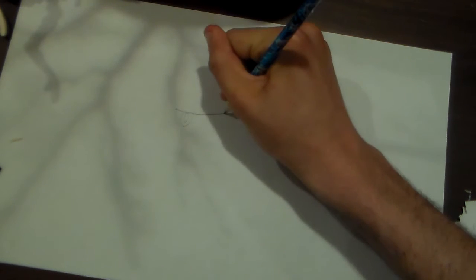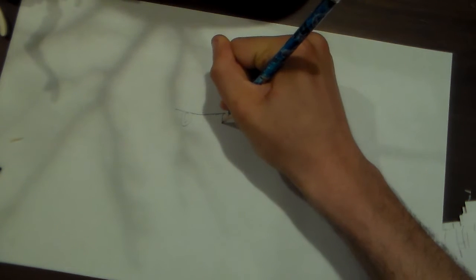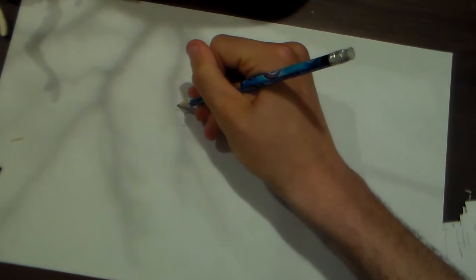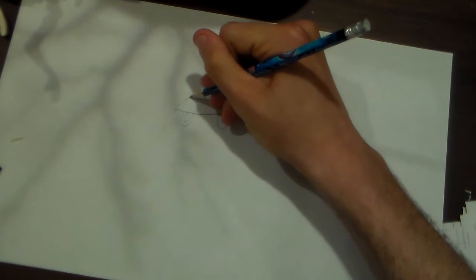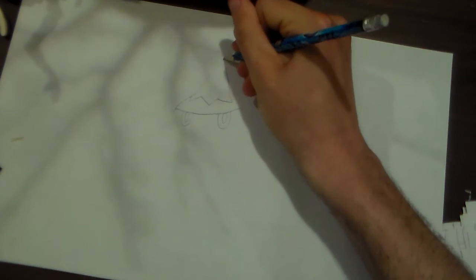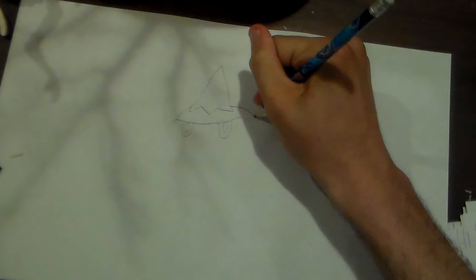To draw him, you must always start with the eyes. Okay, so here's his other eye here. Okay, so here's his head. There we go. There's his teeth. There's his horn. Next up, you guys just gotta draw his